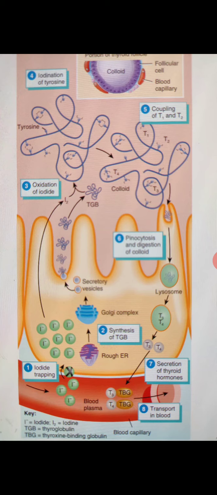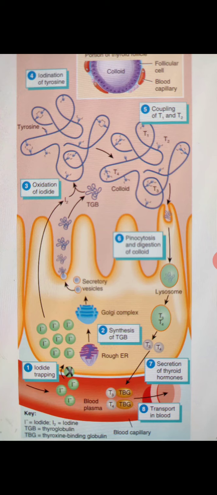Point fifth, coupling of T1 and T2. During the last step in the synthesis of thyroid hormone, two T2 molecules join to form T4 and one T1 and one T2 join to form T3. कि दो T2 मोलिक्यूल ज्वाइन होके T2 plus T2 T4 और एक T1 दो T2 ज्वाइन होकर के T3 की फॉर्मेशन हो जाती है।